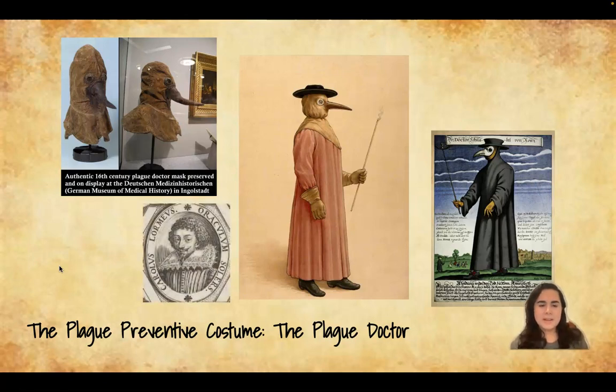The plague preventive costume was proposed or created by the French royal court physician Charles de Lorme, and he was the one who conceived the uniform during the 17th century, in the early 1600s actually. So centuries after the initial Black Death epidemic took place. Really well-known physician during his time. There were plague cases popping up around France too, and he was the one who essentially conceived the plague doctor